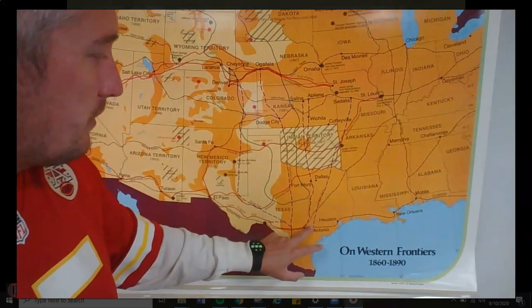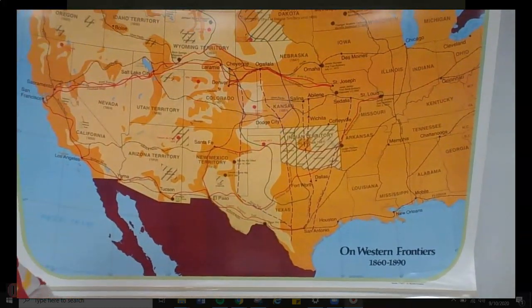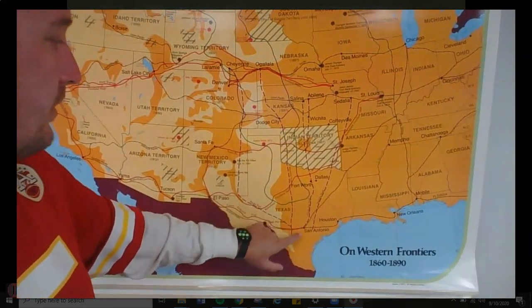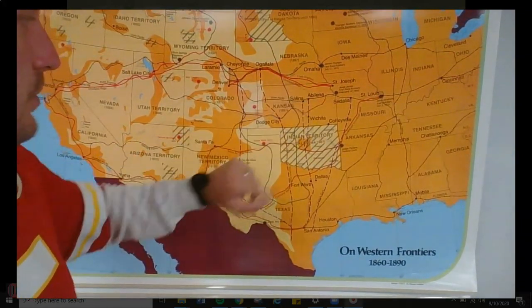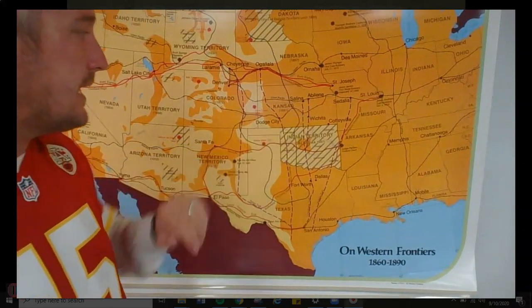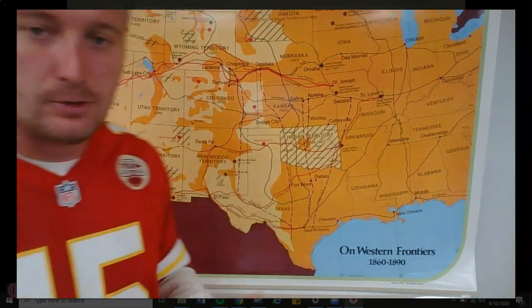Okay, you see these coming all the way from San Antonio up to Sedalia. You might have driven through Sedalia or gone to the state fair in Sedalia. Also cutting through what is now Oklahoma and Indian Territory up to Salina and Abilene, through Wichita, Dodge City. All these purple lines are cattle trails.